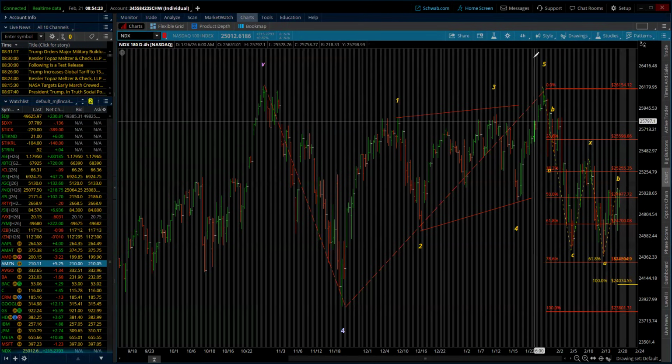Then what are we doing? The A wave down, and it's going to be 1, 2, 3, 4, 5, wave 1 of A. ABC, wave 2 of A. 1 of 3, 2 of 3, 3 of 3. What does that tell us? We come in tomorrow and they're already going to knock this sucker down, and by Monday, we are going down. And it could be in the third wave.